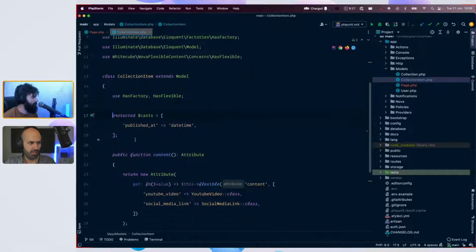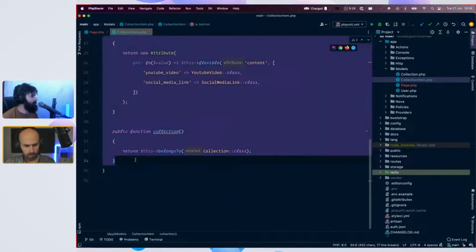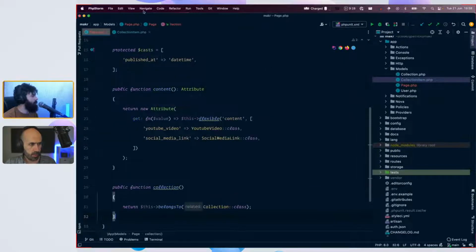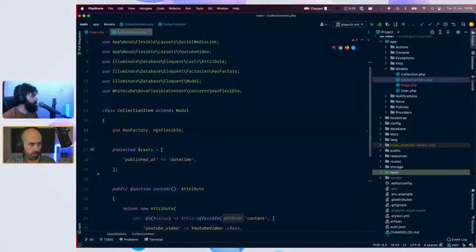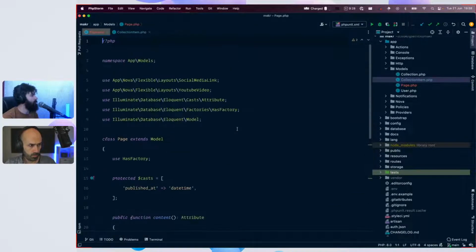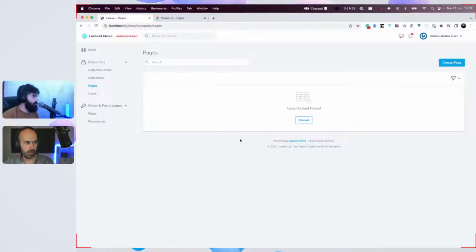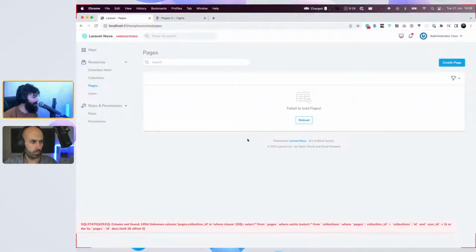Just that goes away, and we copy this into page. And probably you need to have that rate as flexible. Yes, we do. All right. And remove the date time.